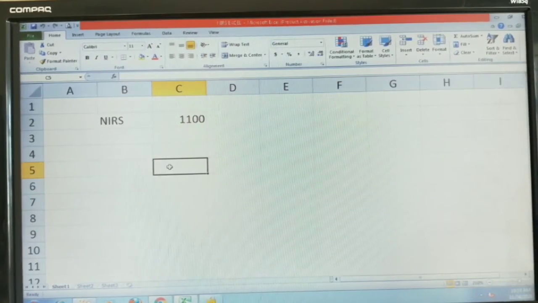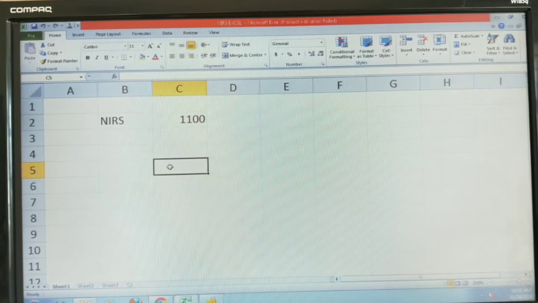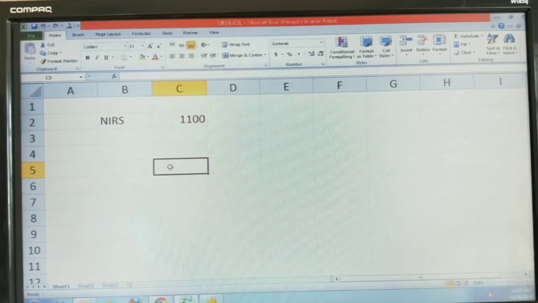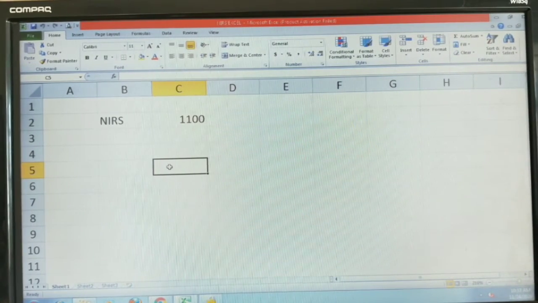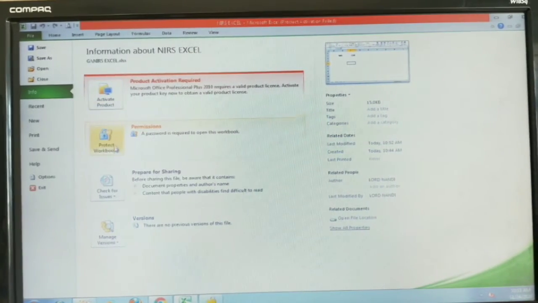So this is how you can protect your document by applying the password, right? So this is how you can protect your document. Okay. So next, one more time we will see just in a quick glance. How to protect the document with the password? Click on file tab, look at the screen, this is the file tab, then click on info, protect workbook,